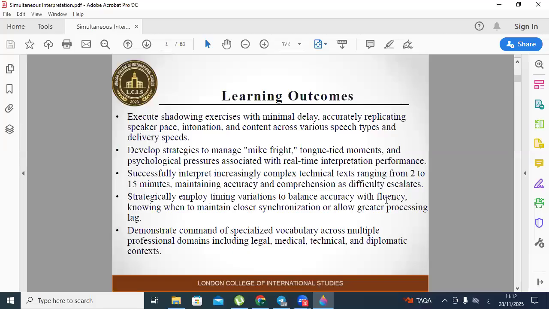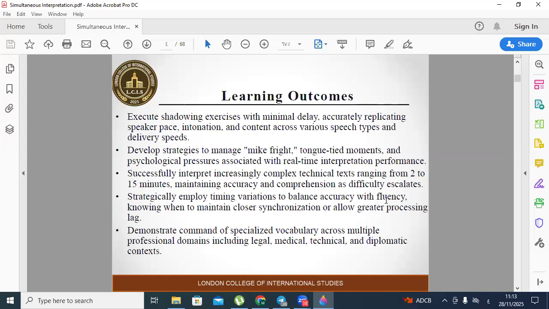The learning outcomes. Execute shadowing exercises with minimal delay, accurately replicating speaker pace, intonation, and content across various speech types and delivery speeds. Then develop strategies to manage stage fright, tongue-tied moments, and psychological pressures associated with real-time performance,